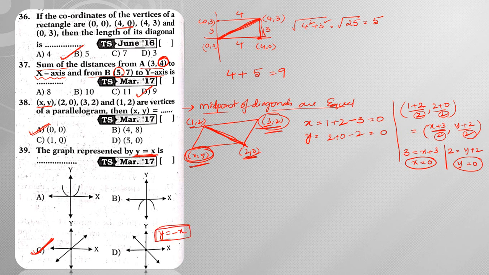So y is equal to x means it will be slanting to the right hand side. If y is equal to minus x is asked, then it will be slanting to the left hand side. Or simply what we can say, if it passes through Q1 and Q3, then it is the y is equal to x graph. If it passes through Q2 and Q4, then it is the y is equal to minus x graph. And if you observe, that will be passing through the origin. Okay, so these two are nothing but linear graphs.